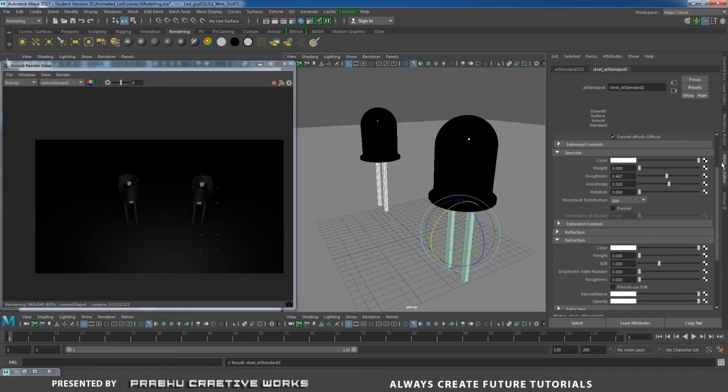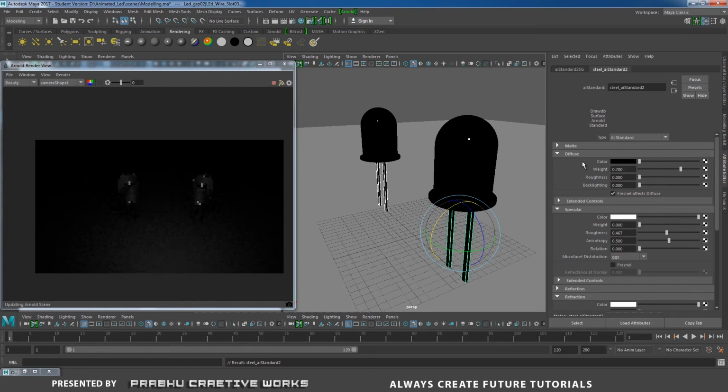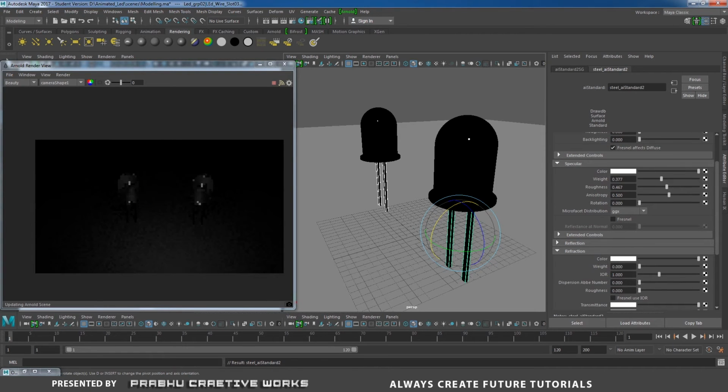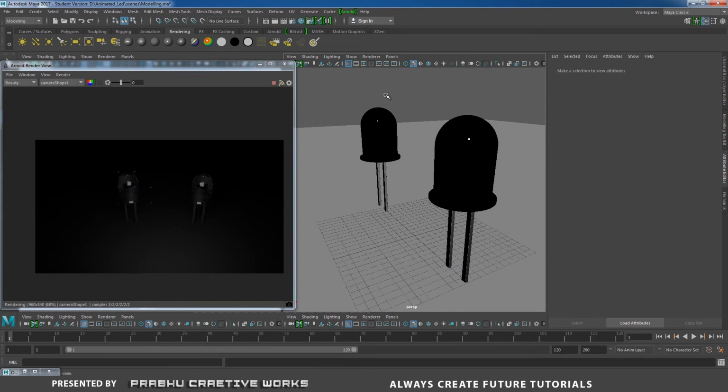Then I didn't want any diffuse contribution, so I will drag all the way to 0. In specular, I need to increase my specular weight to 1. I give a lot of roughness, so I will give 0.7 like this.